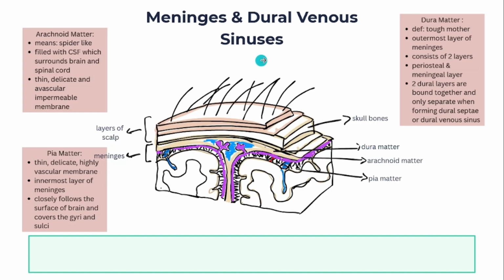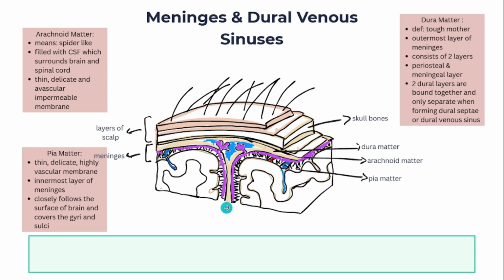Okay, next, this is a sagittal view showing the scalp, the hair, the scalp layers, then the bony layer, then the meninges and all the layers, and the brain over here. You can see this is the meninges layer, and first you can see the dura mater. This dura mater runs here and splits into the upper periosteal and the inner meningeal layer. And here in the center, in this blue color, it forms the dural venous sinus,